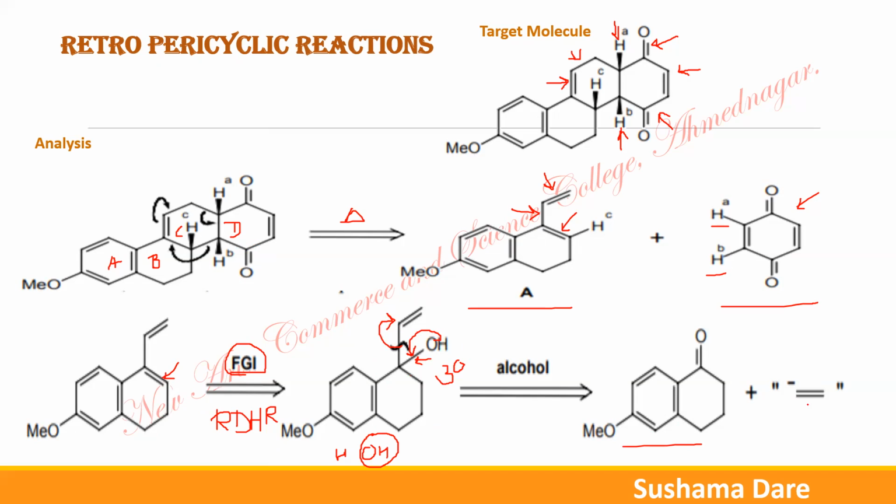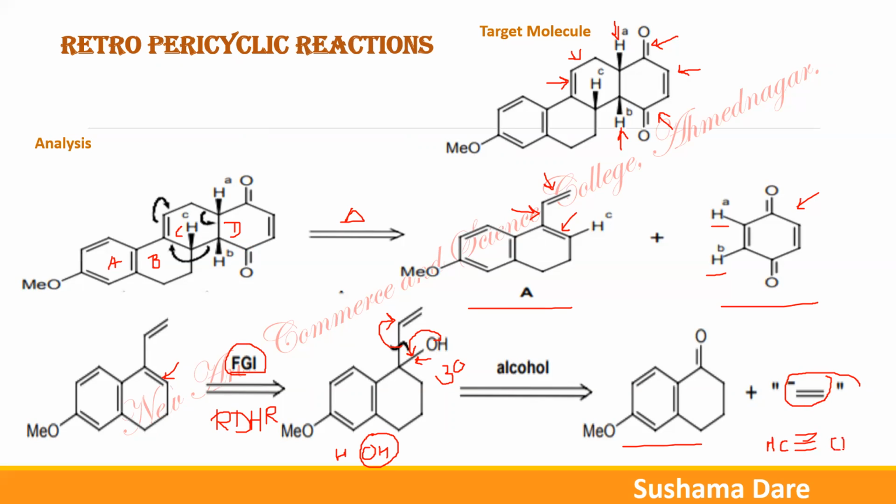This compound plus CH2=CH⁻. So this CH2=CH⁻, what is the synthetic equivalent for this? The synthetic equivalent for this is simply an acetylene molecule that you have to treat with sodamide and